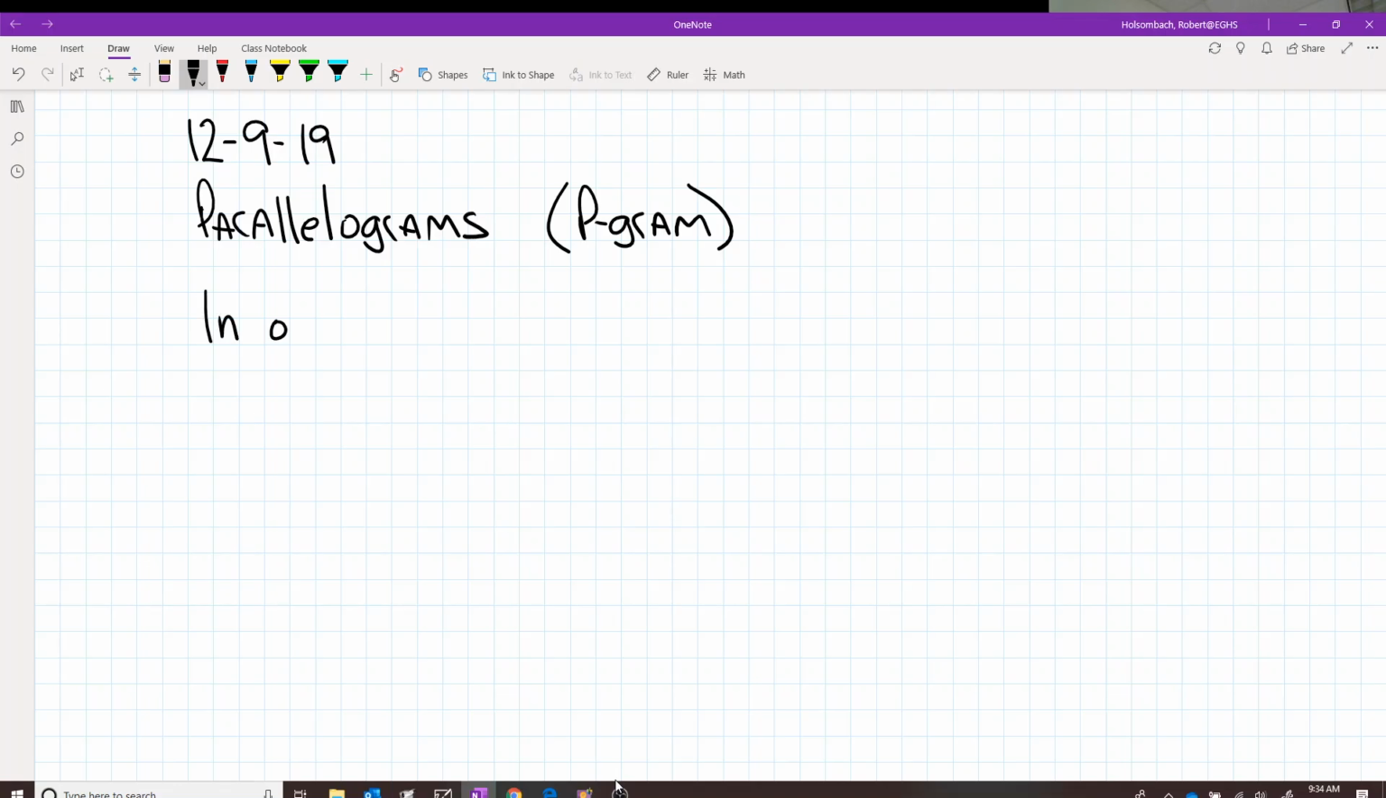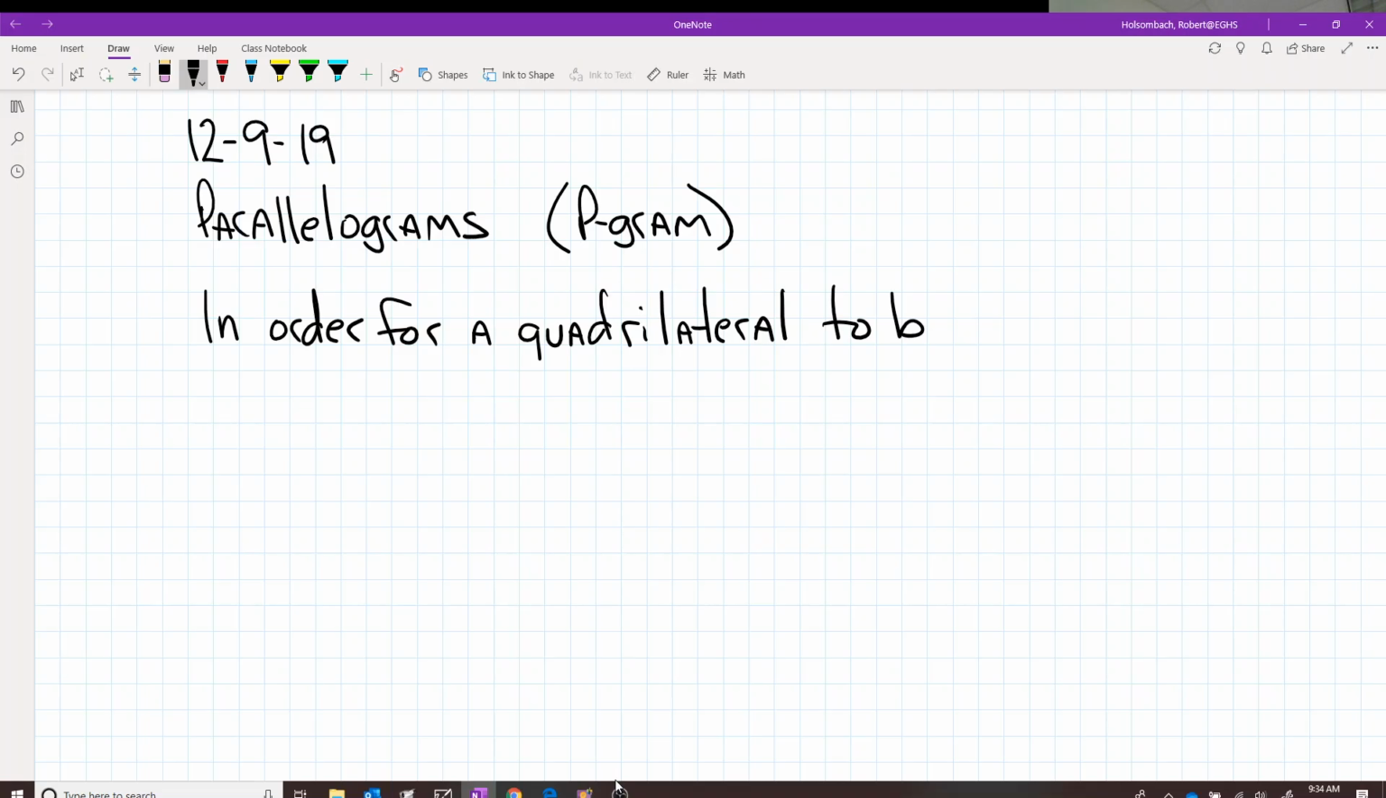In order for a quadrilateral to be classified